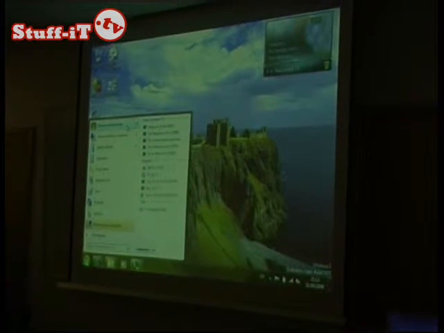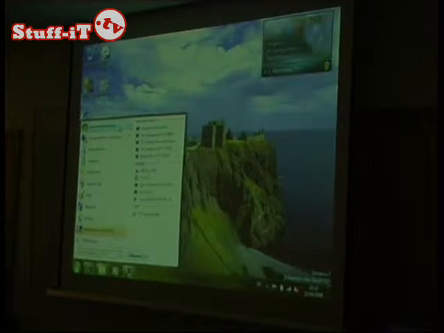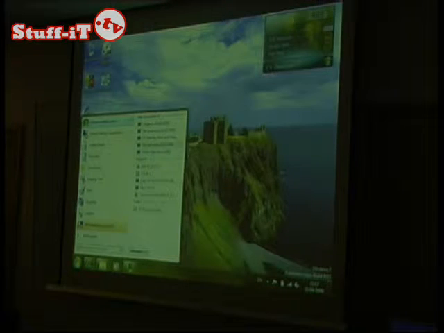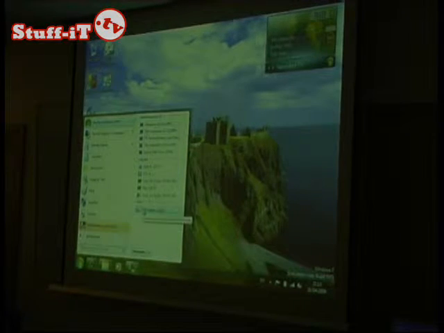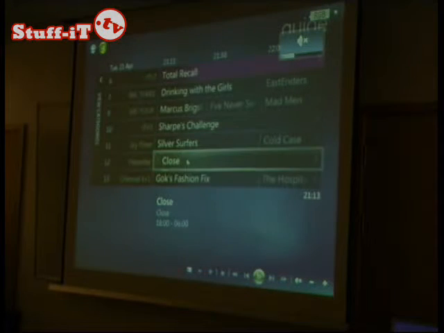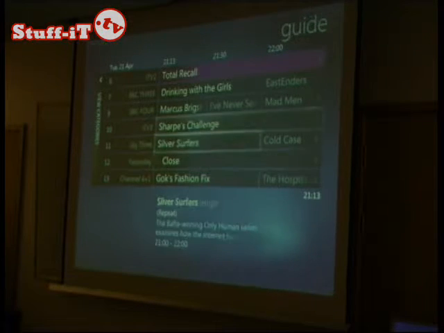jump list in Windows 7. So when you go to Media Center, you've got shows I've recently watched, new recordings showed up, or I can go to the TV guide. It's just a nice little thing for starting up. So this one thinks it's got a TV tuner built into it. So notice